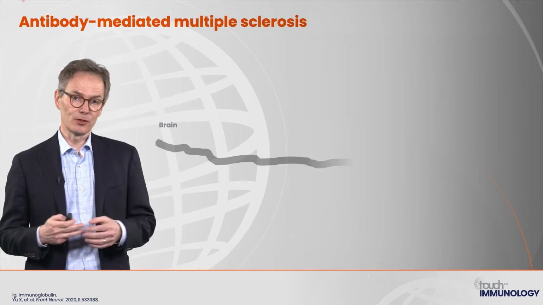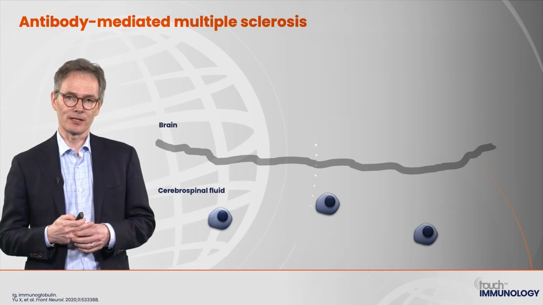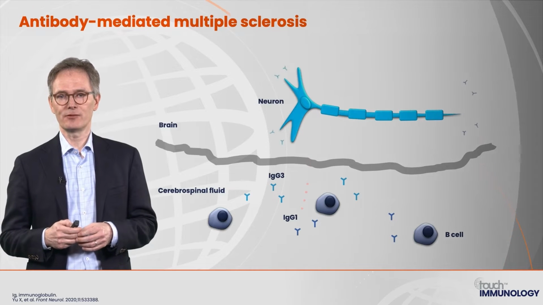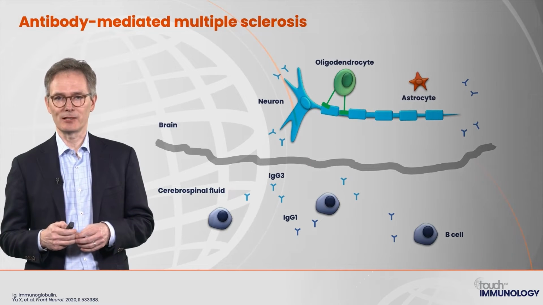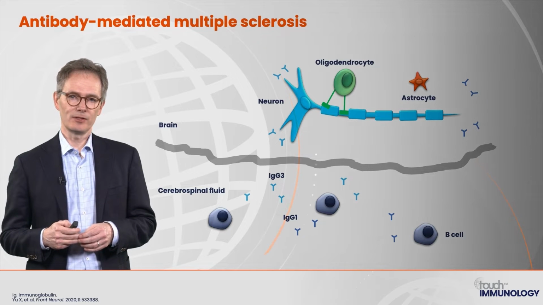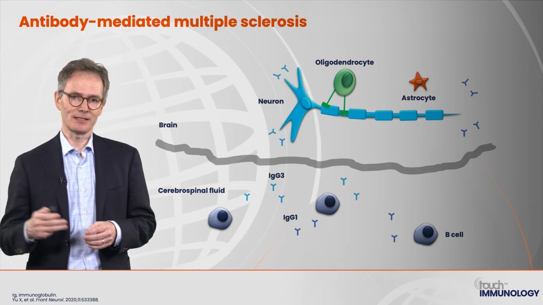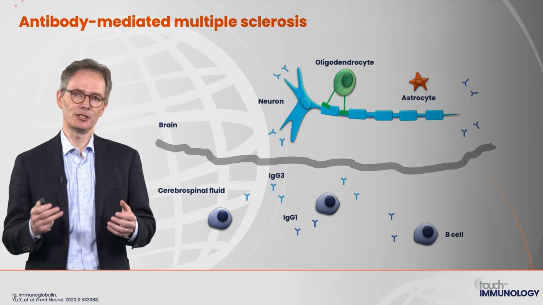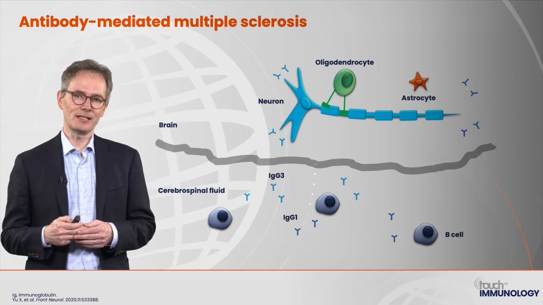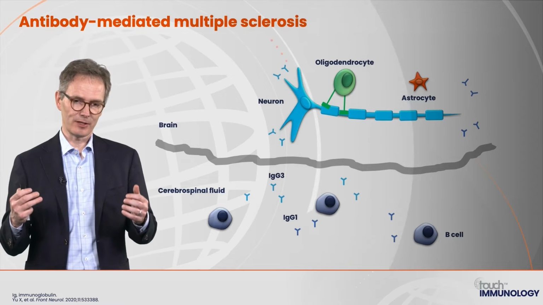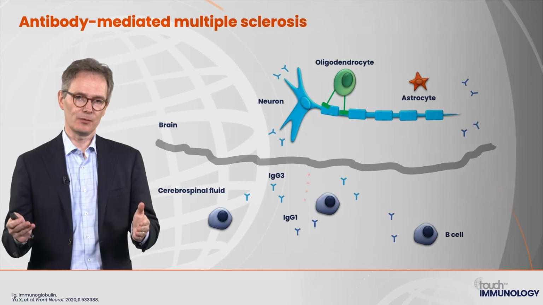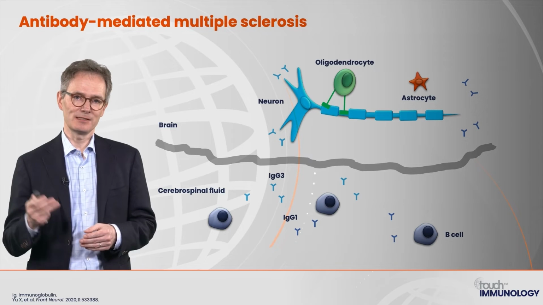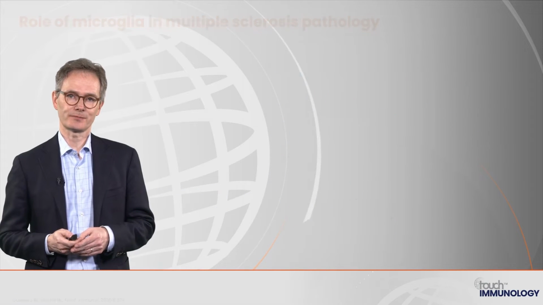So far we don't know which antigen these antibodies recognize, but we know that the IgM concentration in CSF correlates with disease activity and with spinal cord lesions. And really novel data from ECTRIMS last year showed that the complement activation in the CSF is correlated with the IgM concentration, really indicating that the antibodies in the CSF and brain recognize the target antigen, which then leads to complement activation, and this further speeds up the inflammation in the CNS.